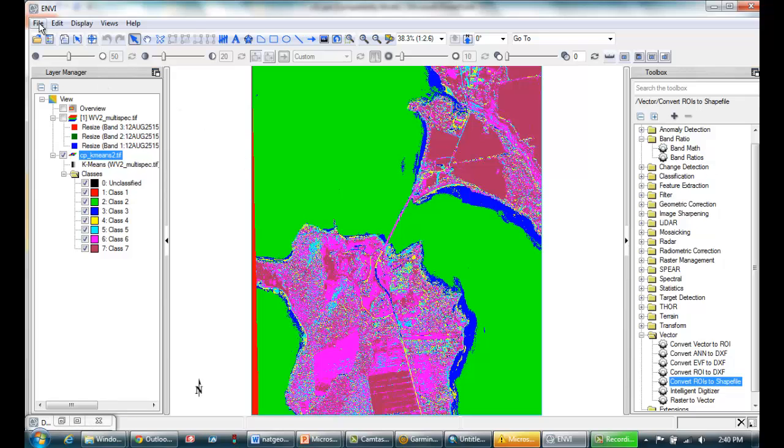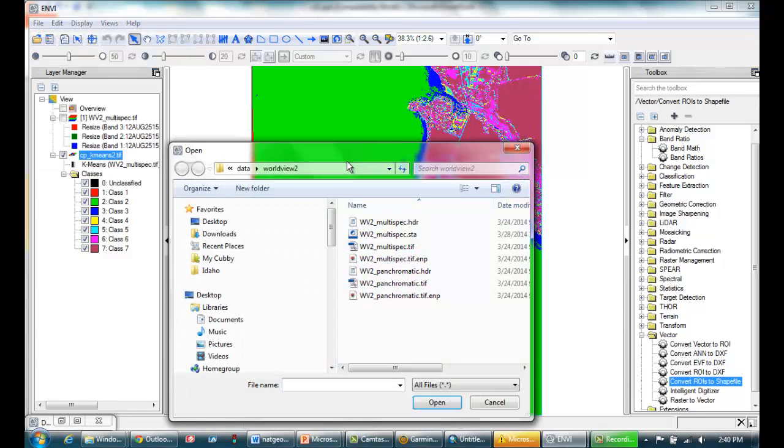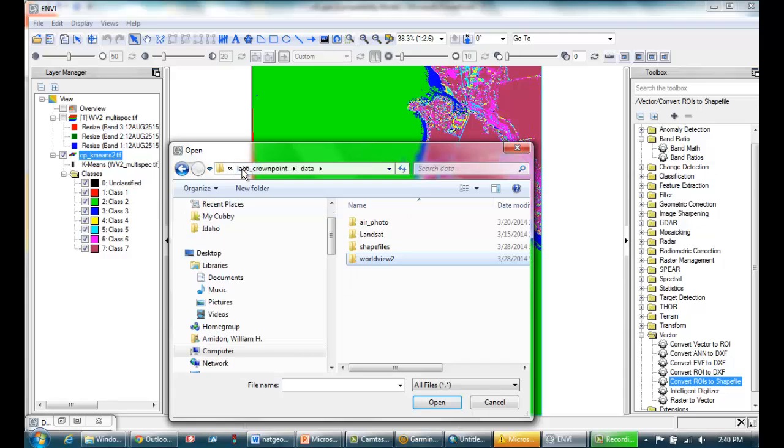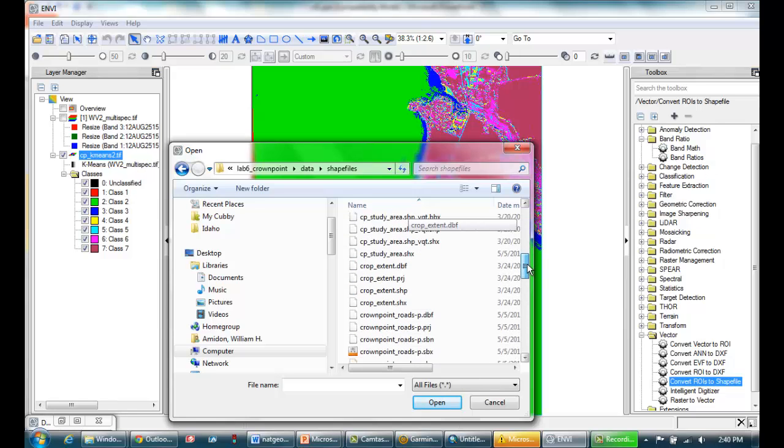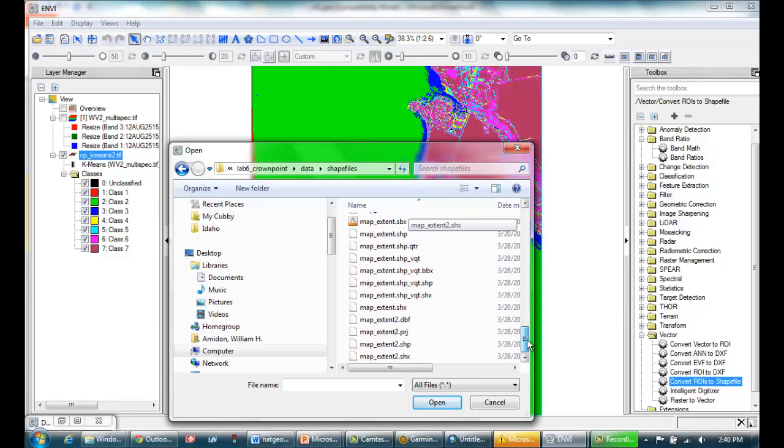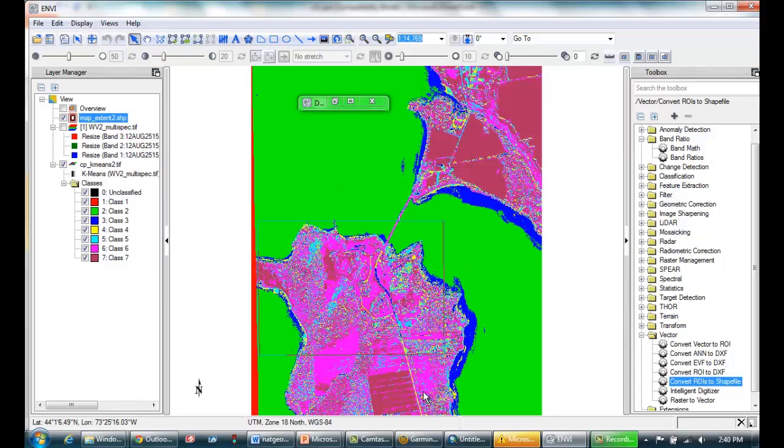So the first thing to do is open up a shapefile that's going to actually tell us what zone we want to create ground truth points in. So we're going to be using this file, map extent 2, and I'll open that up. You can see it's a fairly close cropped box. So this is going to be the boundary in which all of our ground truth points are going to be